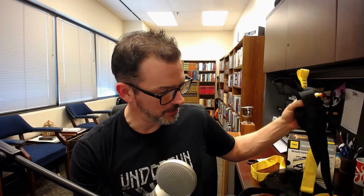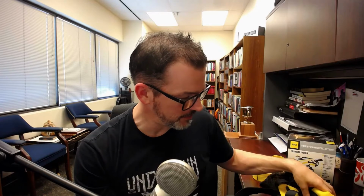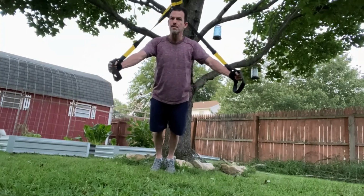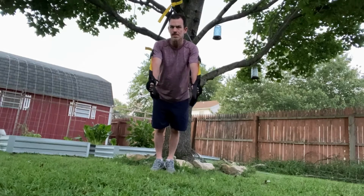I shot a video when I bought this a few months ago, but I've had this for about 2 years now, and it has worked fantastic. You can mount it on a door, a bar, a ceiling mount, outside on a tree. Same thing that you can do with the TRX. Of course, the TRX has even longer extenders with the Elite version anyway. I don't think the other ones come with that, but